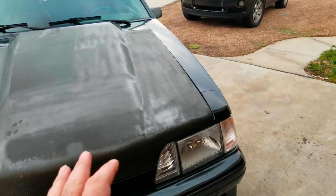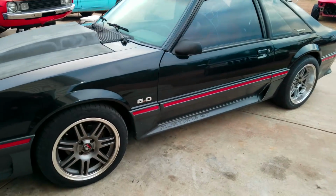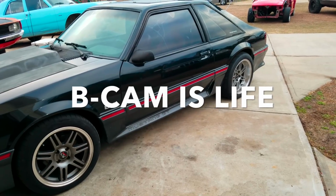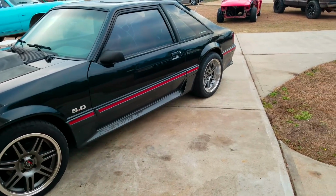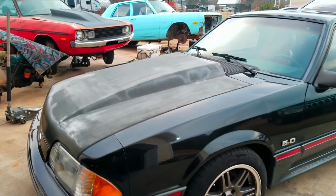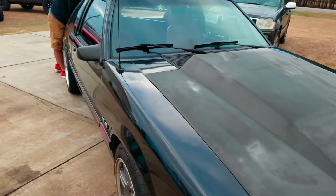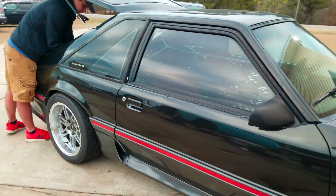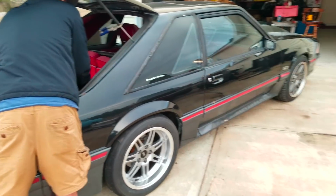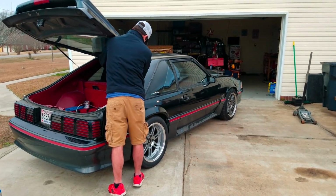But these cars are still extremely fast for what they are. We talked about it in one of the other videos, but this car with a B CAM, GT40 heads, and a little shot of nitrous, with a good transmission, good tires, decent suspension, is going to be hard to deal with on the street. These cars are very impressive for what they are. It doesn't take a lot of money, and it doesn't take a lot of power to make these cars run good. I'll tell you this: my car makes well into the 700s to the wheels,